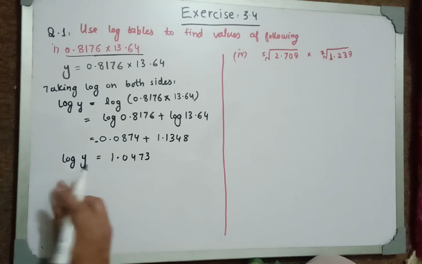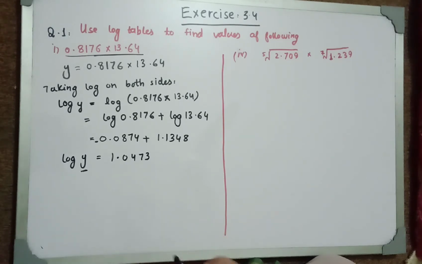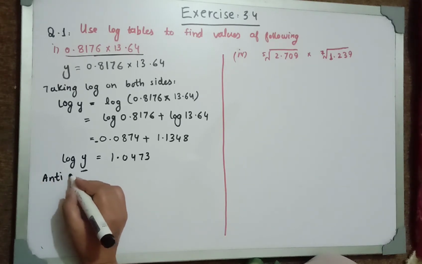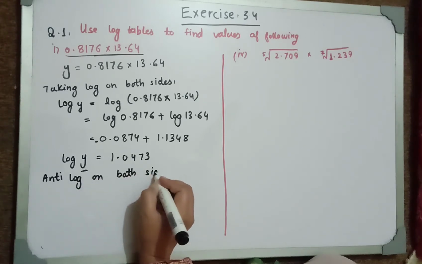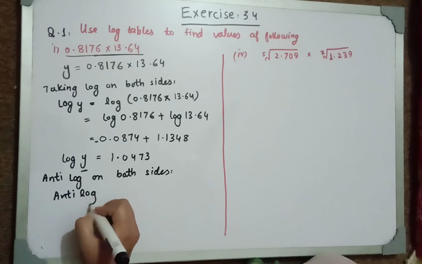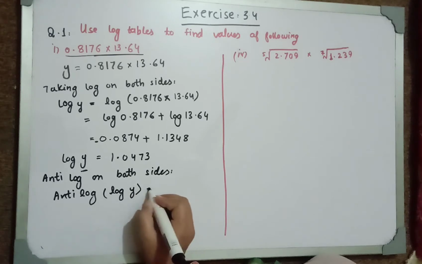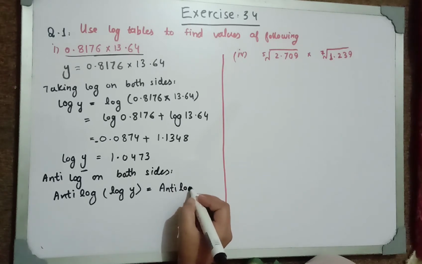So how do we do that? We will take anti-logarithm on both sides. Anti-log is just like +1 and -1 cancel each other. Likewise, log and anti-log cancel each other. So we're going to take anti-log on both sides. Here I will get anti-log of this value, which is log of y, is equal to anti-log of this number, anti-log of